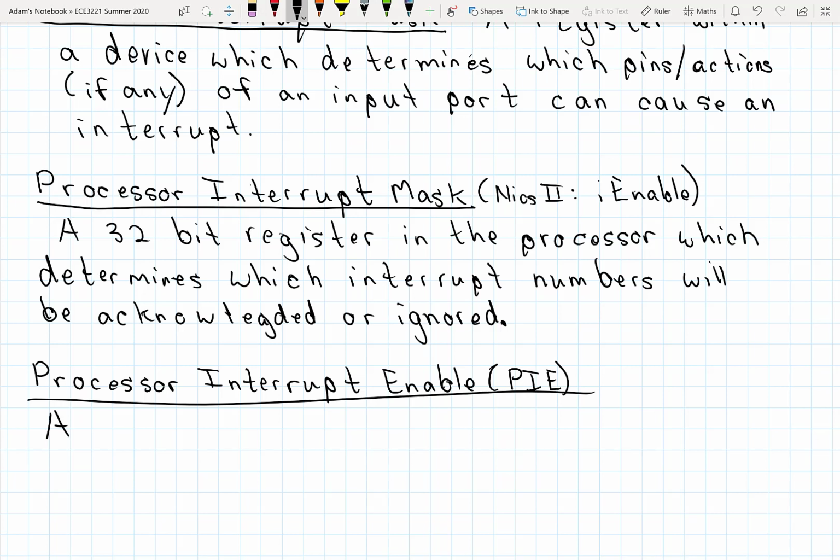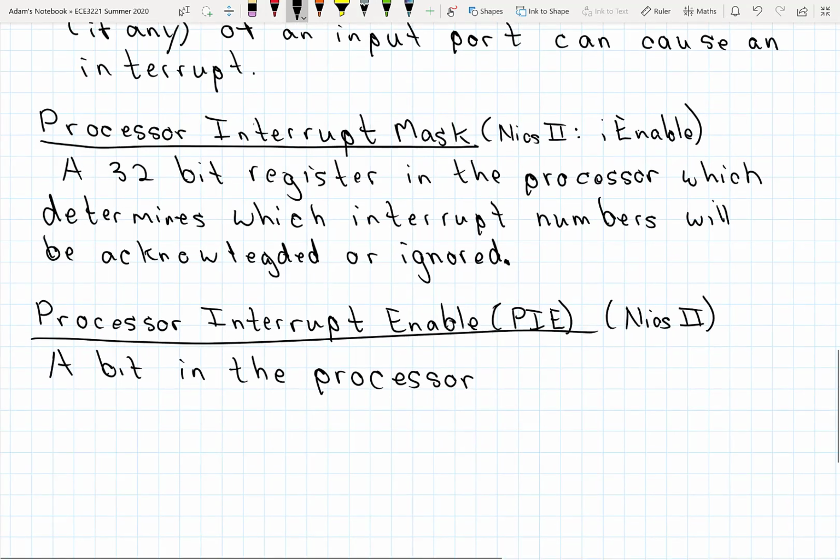It enables the occurrence of all or no interrupts. So this is a bit in the processor. In the case of the NIOS 2, again, this is specific to the NIOS 2, but there will be some form of this in any processor. In the case of the NIOS 2, it's a bit in the processor